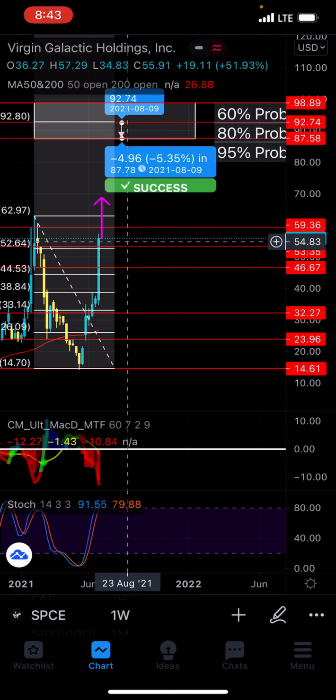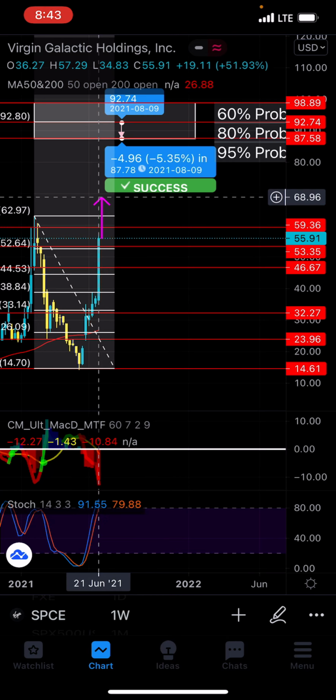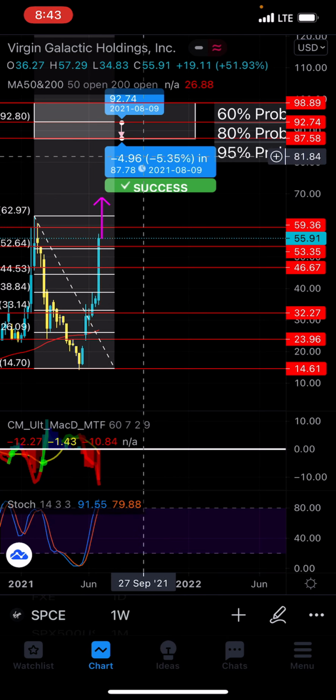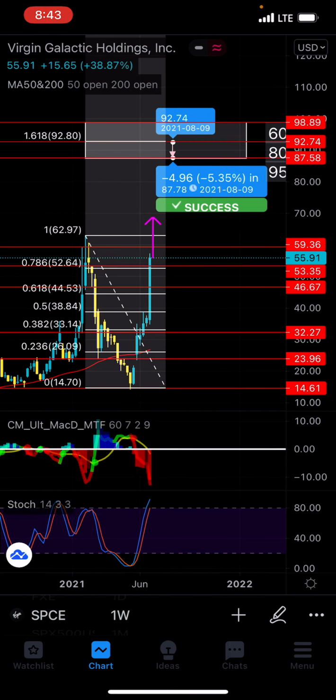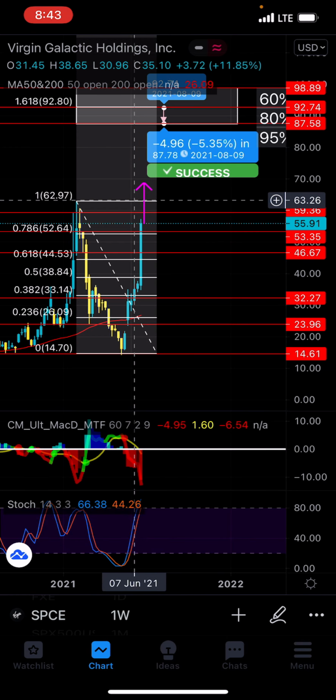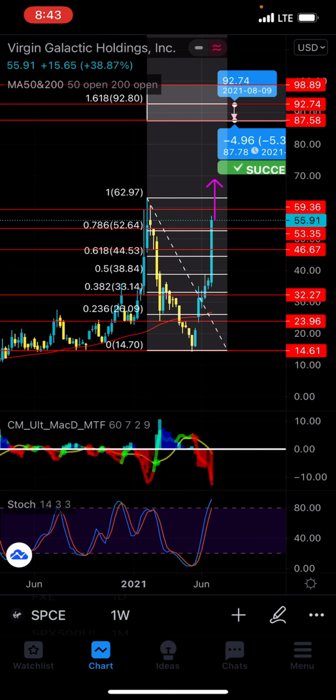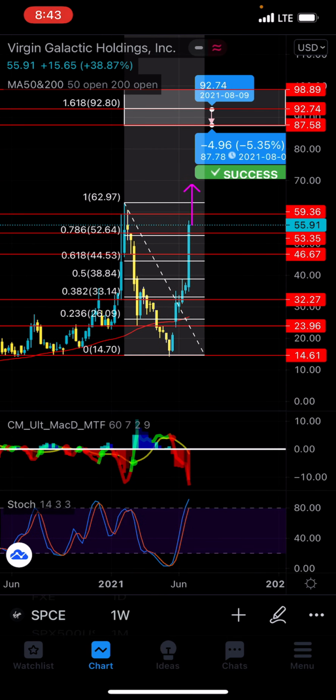So again, I wouldn't play SPCE yet. I would only play it if it actually breaks that previous high, and then you can do the rest of this whole thing right here, which is that level 1 take profit, 2 and 3. Generally when it breaks all-time highs like this, it has like a 90% chance that it's going to keep running towards the upside. I guarantee you that's generally what's going to happen.